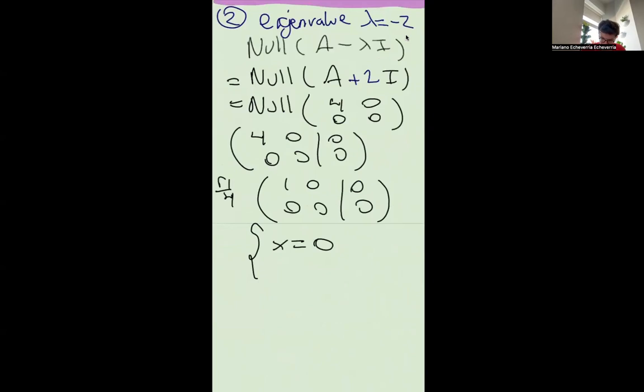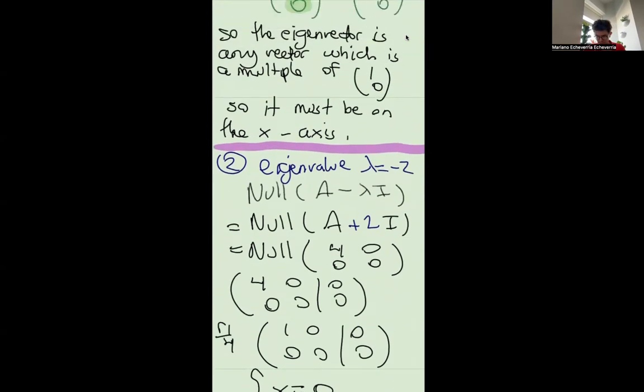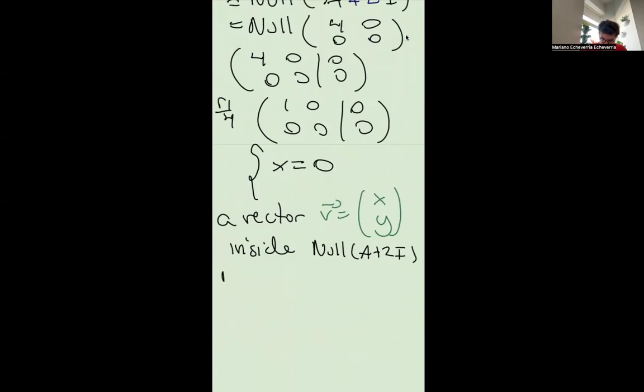So a vector v equals xy inside the null space of A plus 2I must have the form